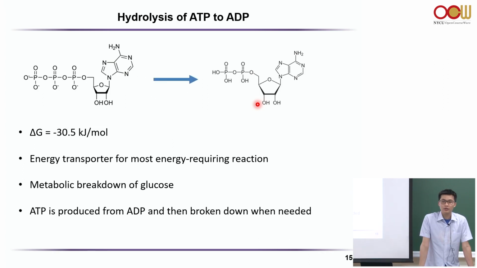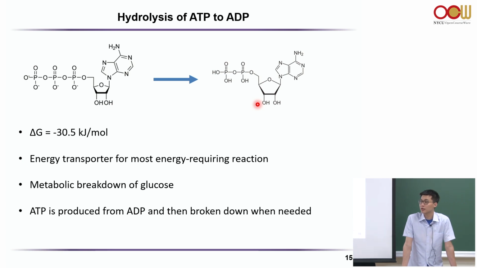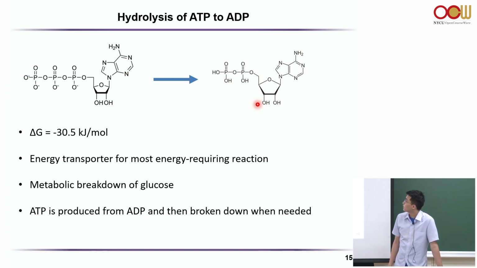So let's look at how this Gibbs free energy process can be applied to the biological system. You will also hear entropy in information science, and in biology they also talk about entropy. So ATP, this molecule on the left, is what the cell or the living system uses to capture energy, to gain energy from. Usually our body or the cell will store a lot of ATP, right? So when it requires energy to conduct a chemical reaction, it will utilize an enzyme to break down this ATP molecule